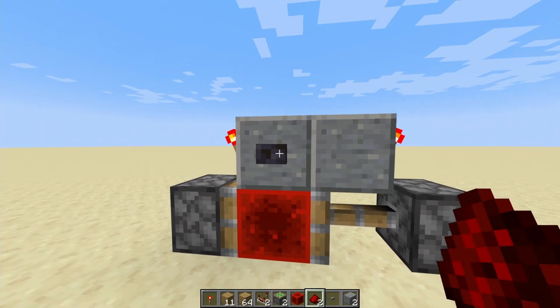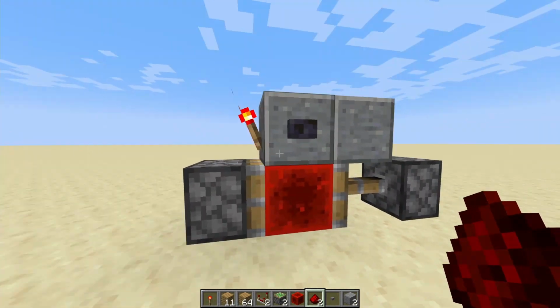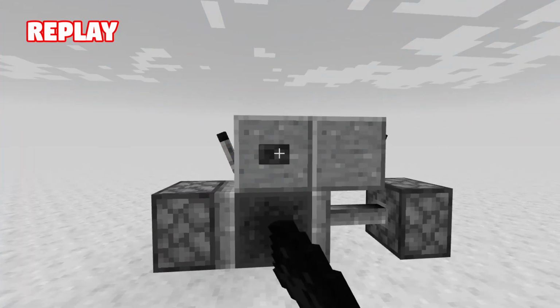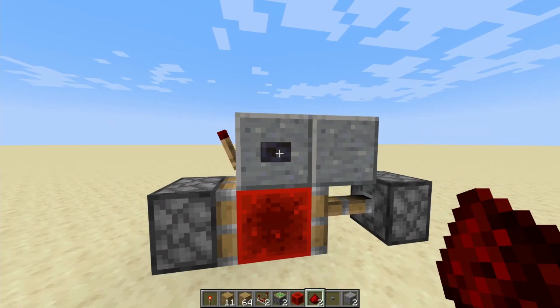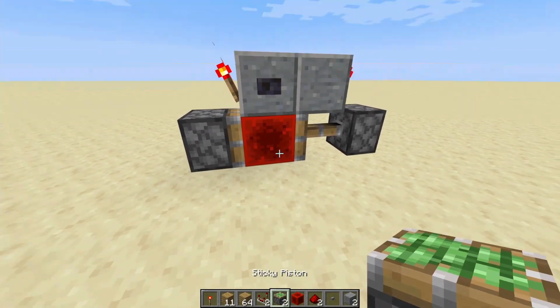Everything will change once we hit this button, turning on this redstone and powering off both of the redstone torches. There we go. As you can see, both of them turned off, and so these switch sides. Now, this is a bit of a weird concept. This is called a flip-flop in redstone engineering, and it's really cool if you want to make a button act